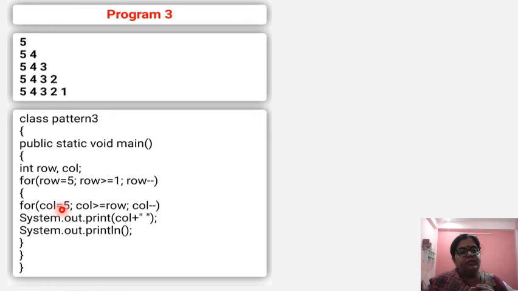Like that, column has also been assigned 5 and it will work till row, and all will be in decreasing order. See, students, first you all have to pay attention to the pattern, what the inner loop is showing and what the outer loop is showing. When you are able to understand whether it is in decreasing or increasing order, then it will be very easy for you all to do pattern printing. Okay.